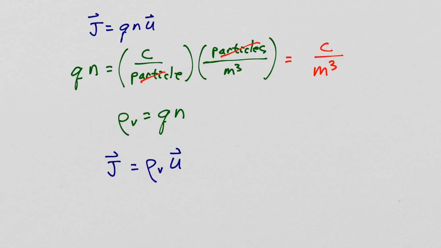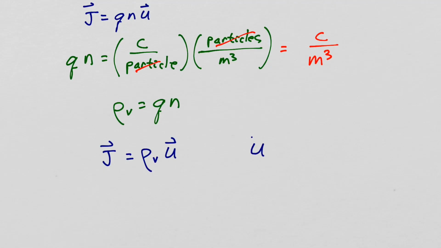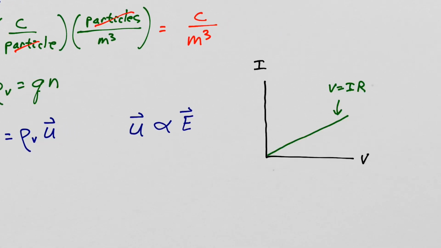Let's focus a little on this drift velocity. The drift velocity is proportional to the electric field intensity. So you double the electric field intensity, you'll double the drift velocity of the conduction charges. You have all made measurements that verify this relationship. When you've measured the IV characteristic for a resistor, this linear relationship between the voltage and the current is a consequence of the fact that the drift velocity is proportional to the electric field intensity.